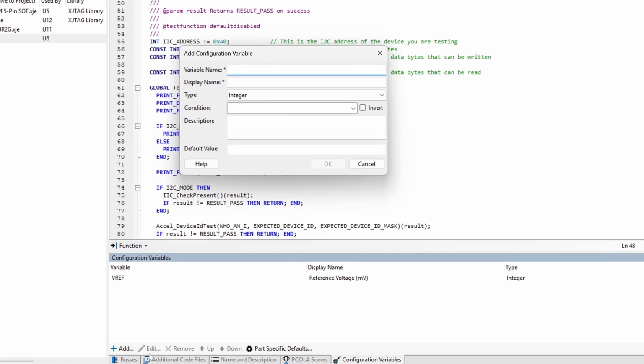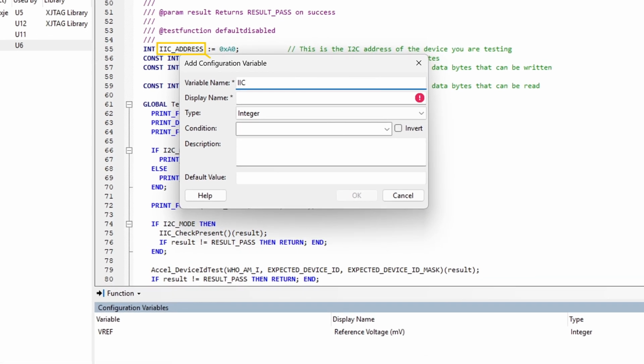The variable name needs to match the name used in your XJE's code. Remember too that it's case sensitive. Display name is how it'll be shown during categorization when the user needs to enter a value. You should therefore make sure it's sufficiently descriptive.